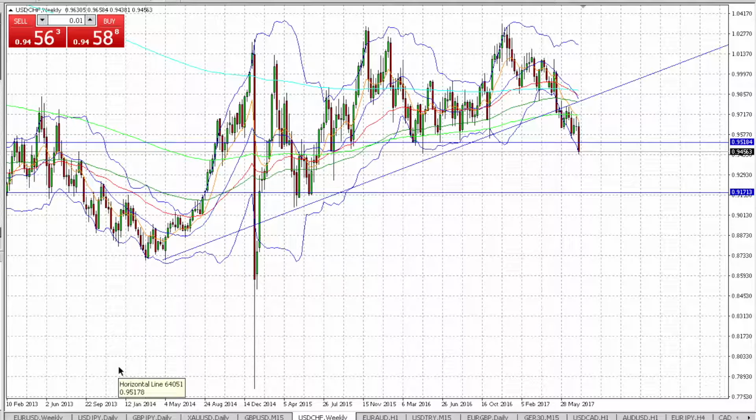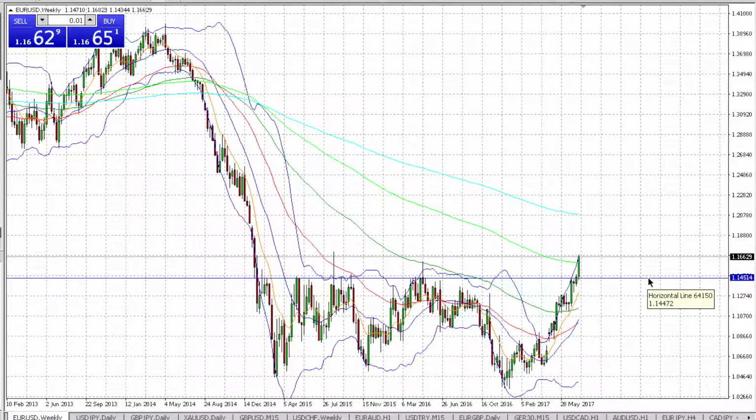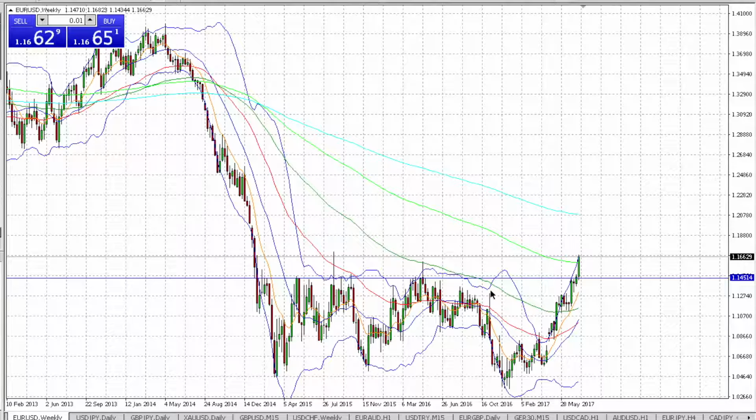And because many people write to me and ask, hey buddy, what will Euro US dollar do next week? I want to go for this pair as my last pair. As you can see on the weekly time frame, the pair was really strong and was really moving upwards. You can also see this big weekly resistance line didn't hold. Last week I said this could hold and the sellers could come in at this level, because this is still a very strong resistance zone. But as you can see, the price did rush through this level and now even closed very bullish